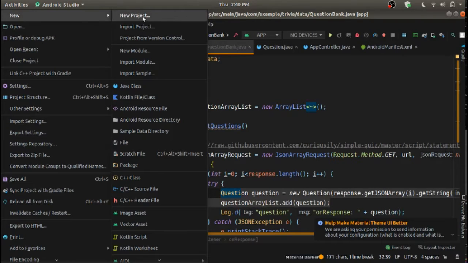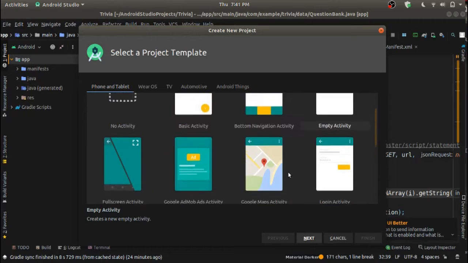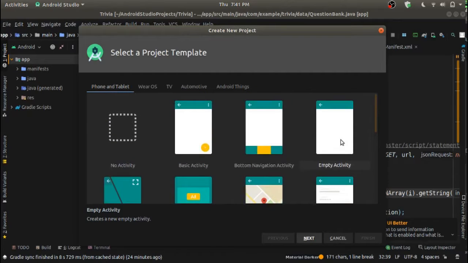When you first install Android Studio, at that time you will not see a screen like this. You will get another interface over there. There also you'll get a link to click new project. So click that link and go ahead and create a new project. Go ahead and take an empty activity. We'll discuss afterwards what these other things are even used for, but go ahead and take an empty activity.